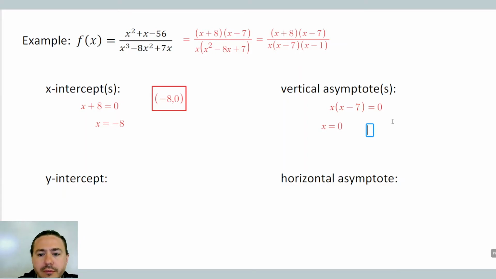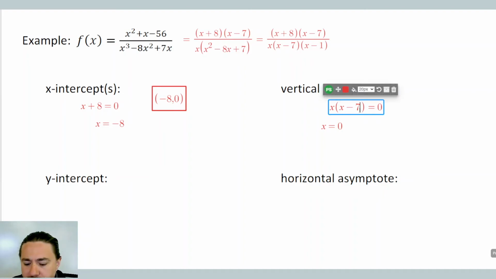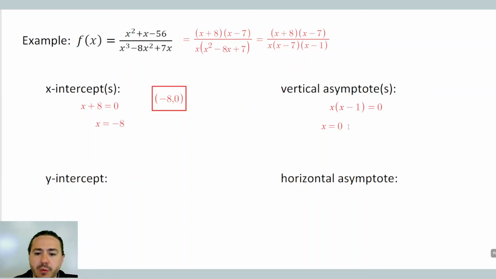Oh, wait, no. I got the wrong one here. This should be my x minus 1. So there'll be one at x equals 0 and x equals 1. So my two vertical asymptotes are going to be at x equals 0, so a vertical line there. Now, the fact that I have a vertical asymptote there means I'm not going to have a y-intercept